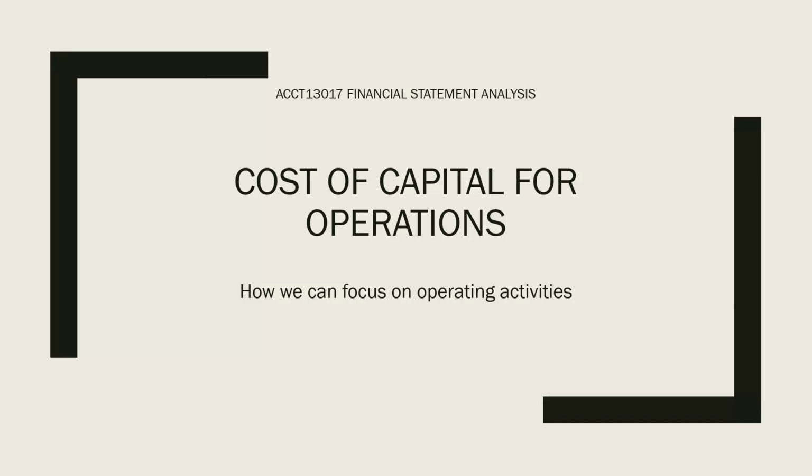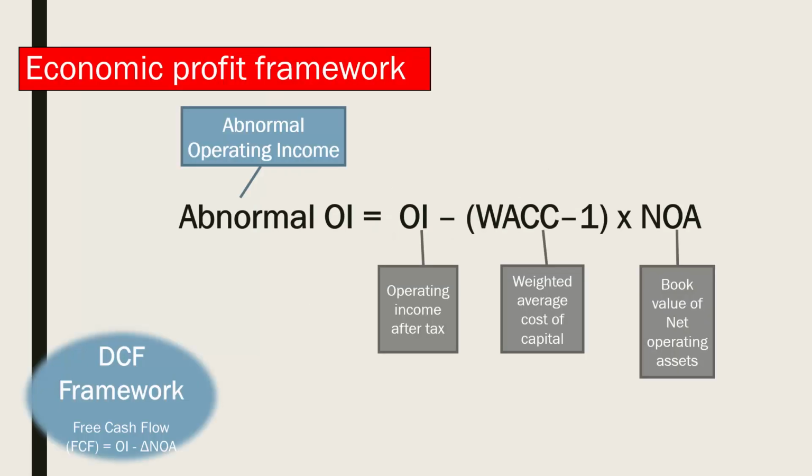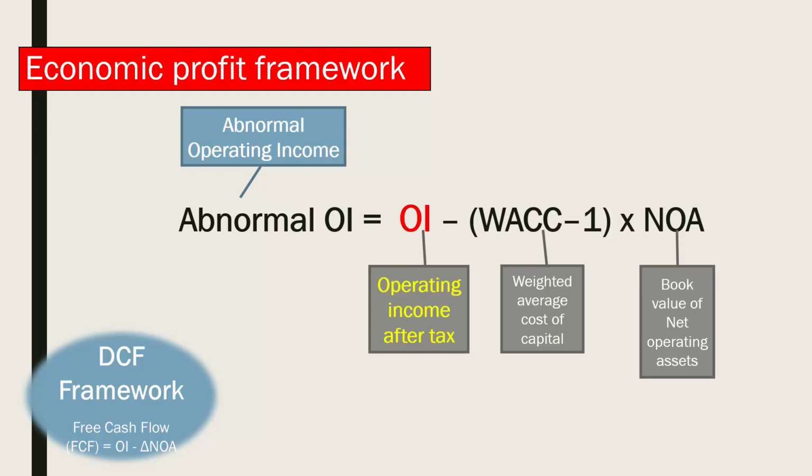The cost of capital is one of the drivers of abnormal operating income in the economic profit framework. Have you wondered what really drives the weighted average cost of capital? In this video, we look at how we include risk, the cost of capital, as one of the drivers of economic profit. We know that abnormal operating income equals the difference between a firm's operating income after tax and its